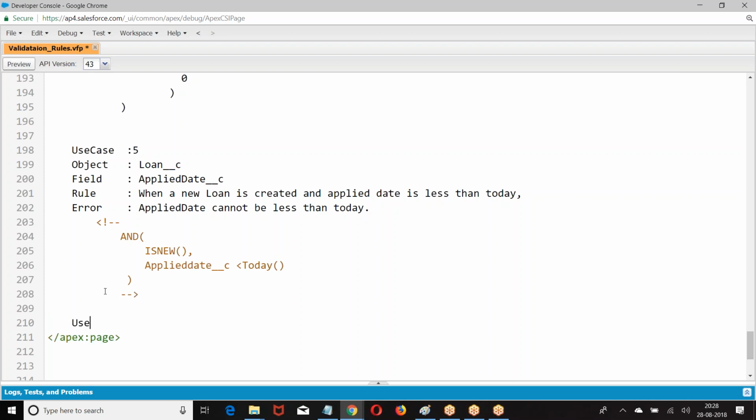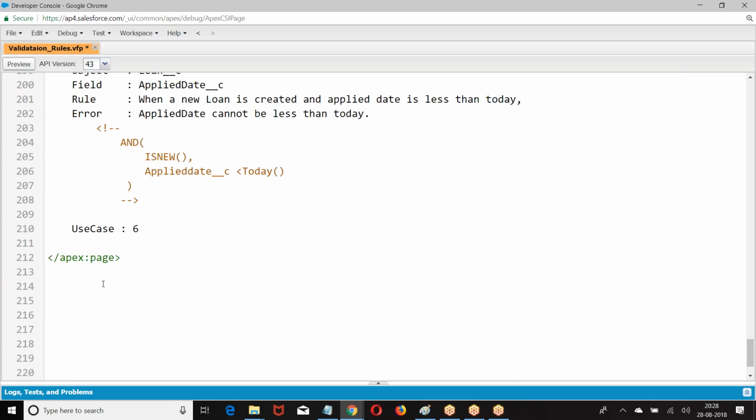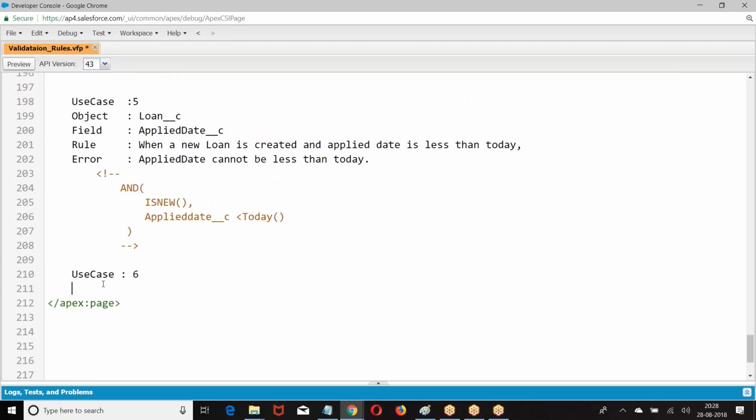Next use case. So generally we compare applied date is less than today or not. You are doing vice versa, no issue.